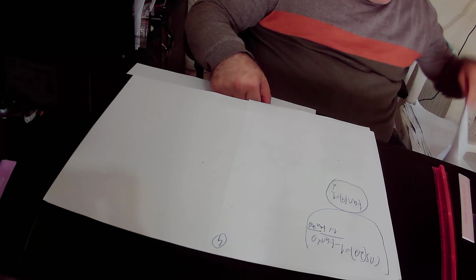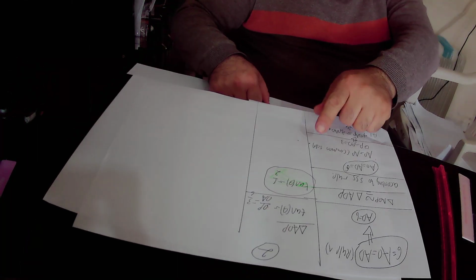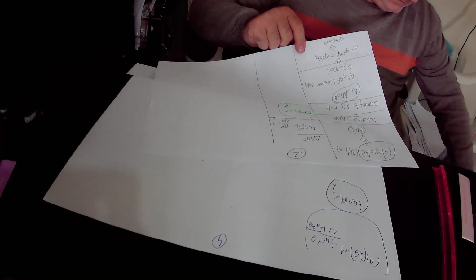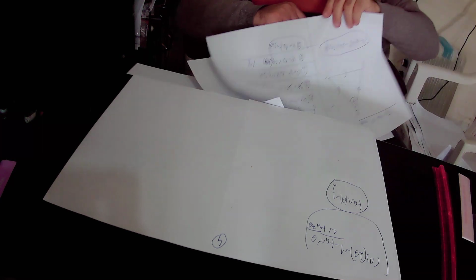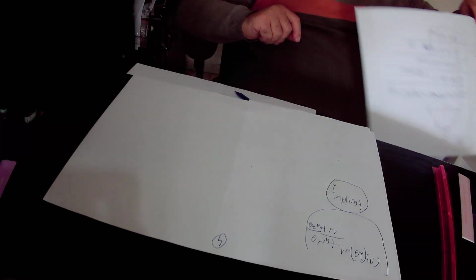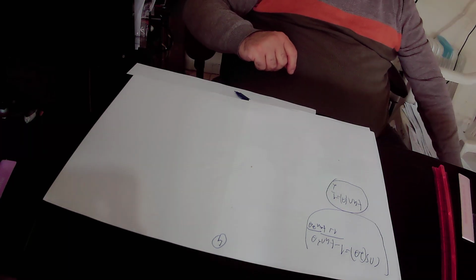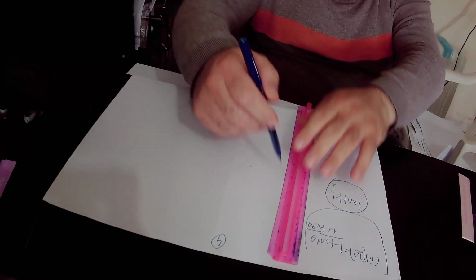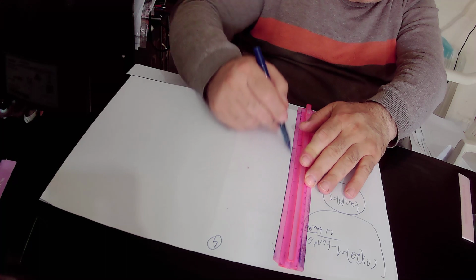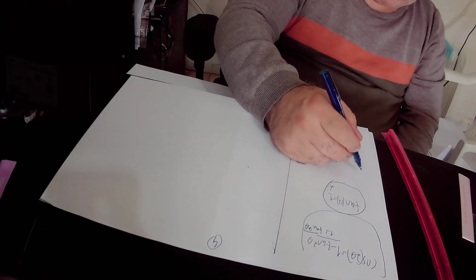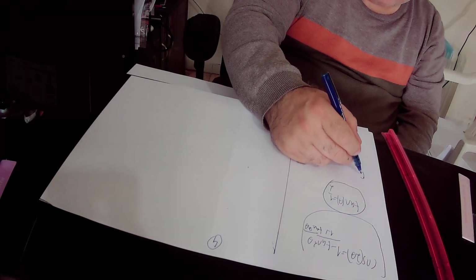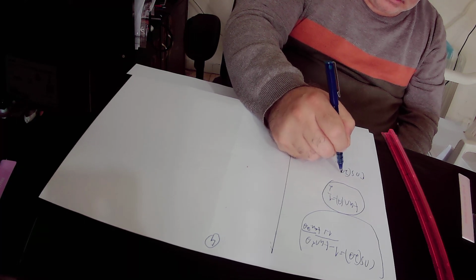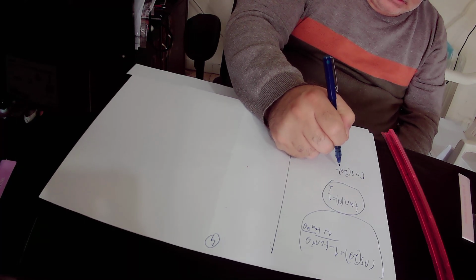Here we already found out that tangent theta equals 1 half, so we'll substitute tangent theta by 1 half in this trigonometric identity. And we'll get here that cosine 2 theta equals